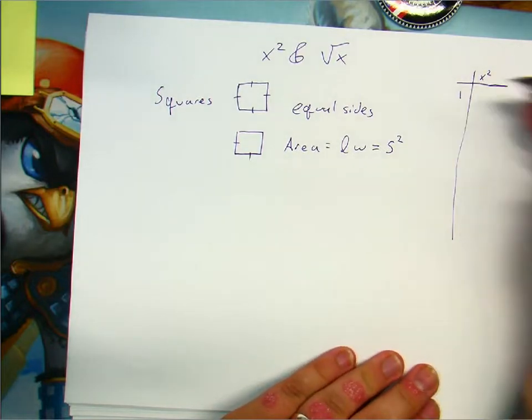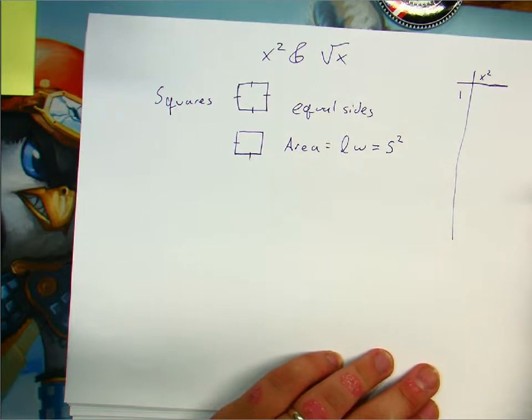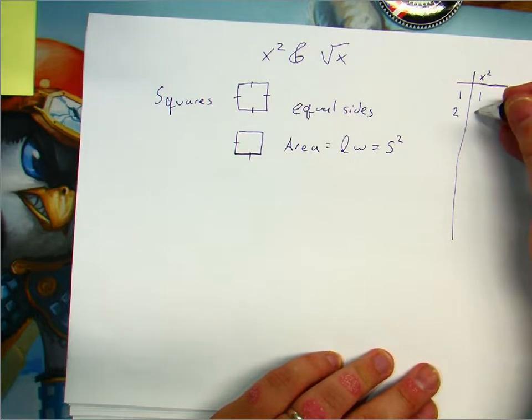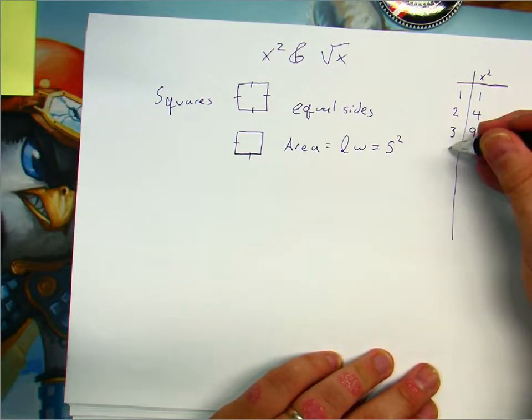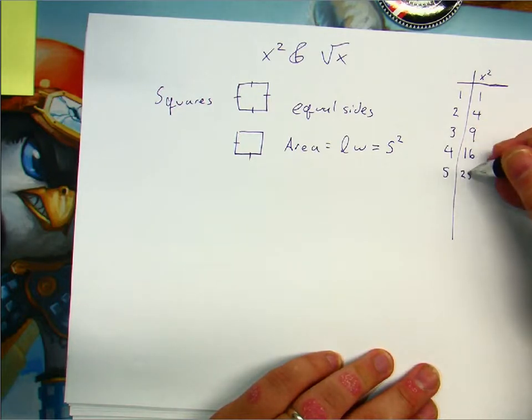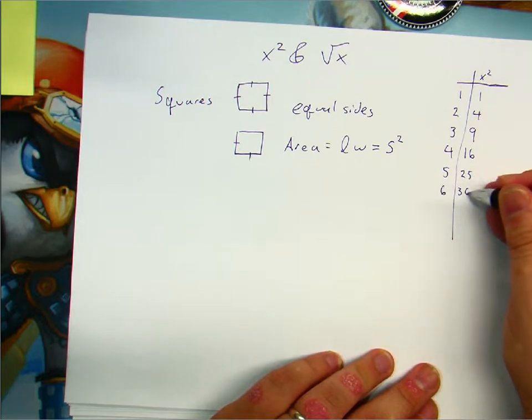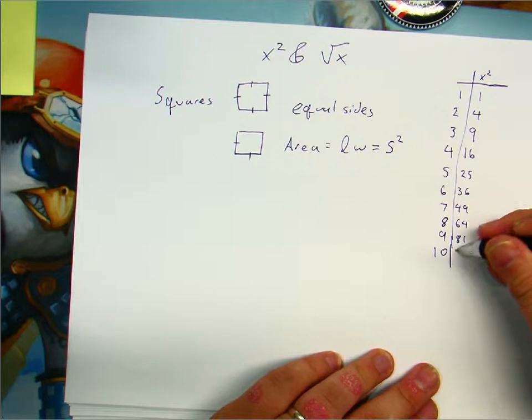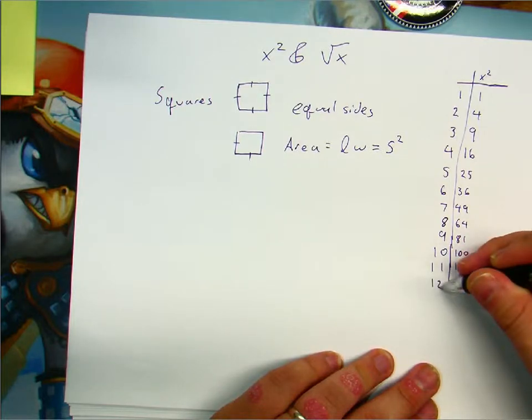So 1 squared is 1 times 1 is 1. 2 squared is 2 times 2 is 4. 3 squared is 9. 4, 5, 6, 7, 8, 9, 10, 11, 12,